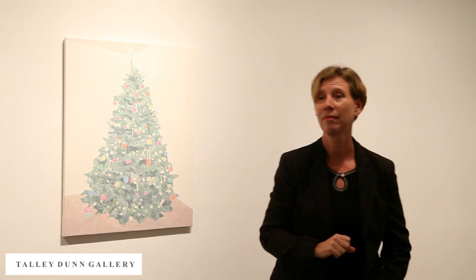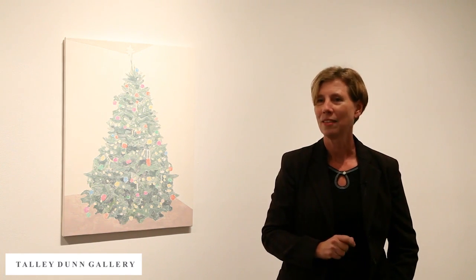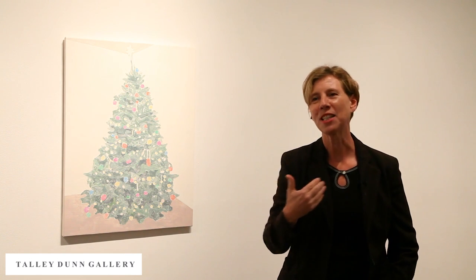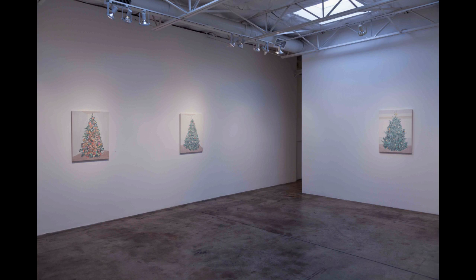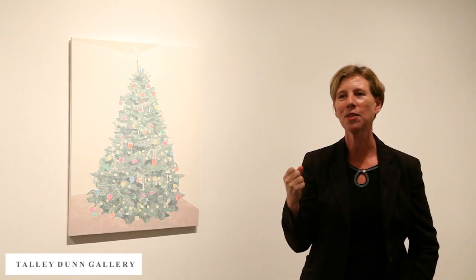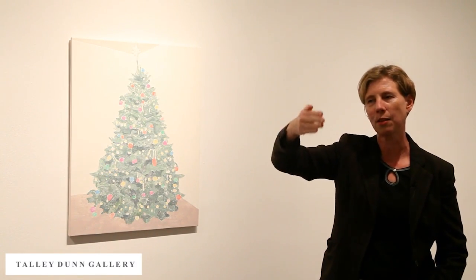Could you address the idea of a screen a little bit more thoroughly? I'd like to know how you think about that. Well, again, this might be my Germanness. I'm a fan of Bernd and Hilla Becher and Gerhard Richter, that kind of looking at something objectively. It's a hard thing to do with something as sweet as a Christmas tree. And so somehow by keeping this palette so low,